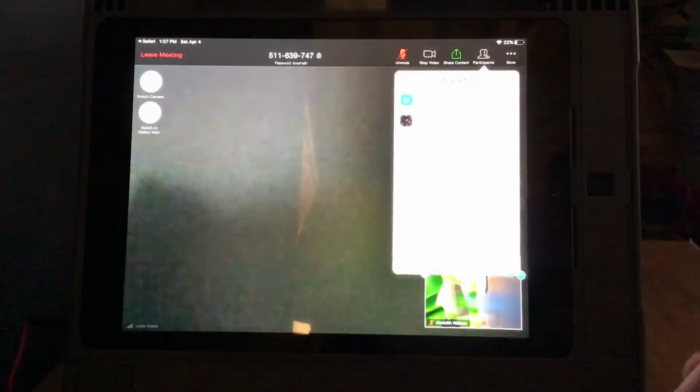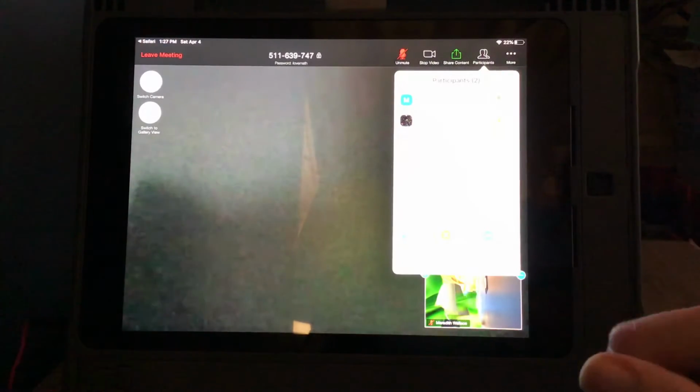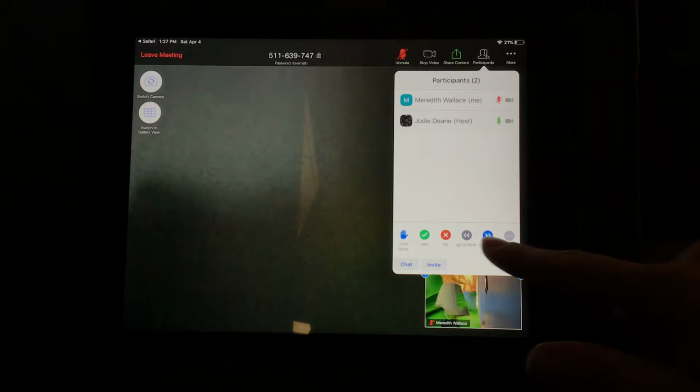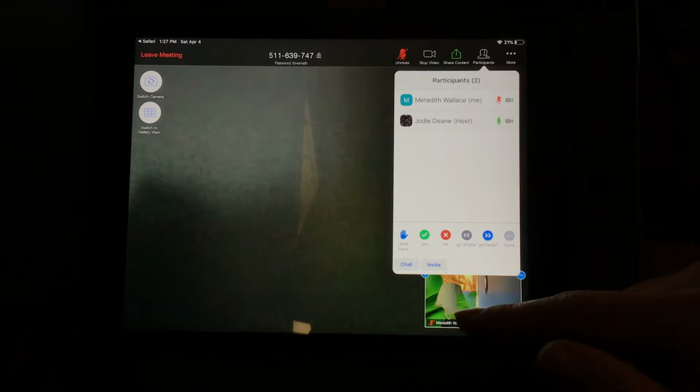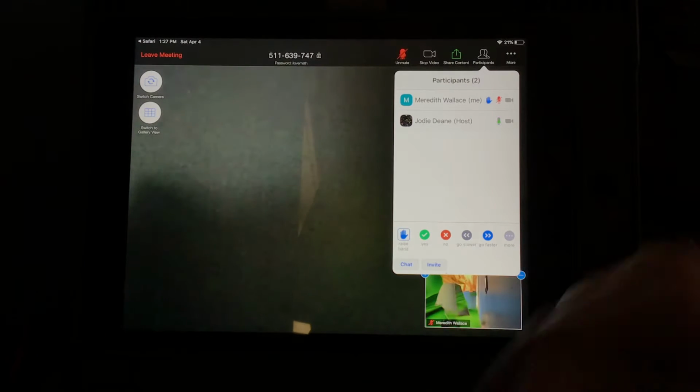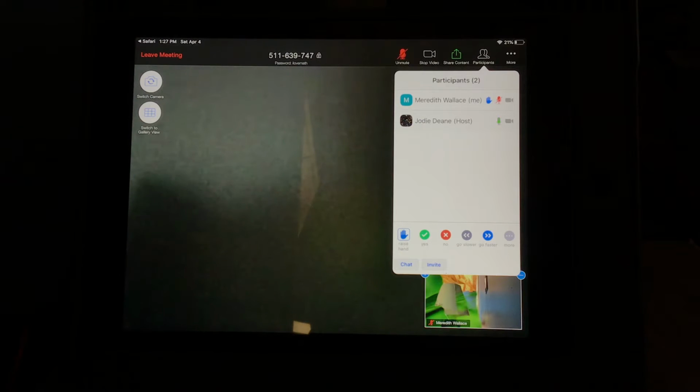If you hit participants, this is really important and it's something you really need to know for Monday. It's going to list everyone that's here, and then it's also going to give you these options here. These are going to be very important for when we move forward on Monday, because if you have a question, I'm going to ask you to raise your hand. If you click this, I'll see it on my end, and then I'll be able to unmute your mic and let you talk. Because if everyone's unmuted like on Friday, it'll be very hard to hear and hard for anyone to know what I'm saying.